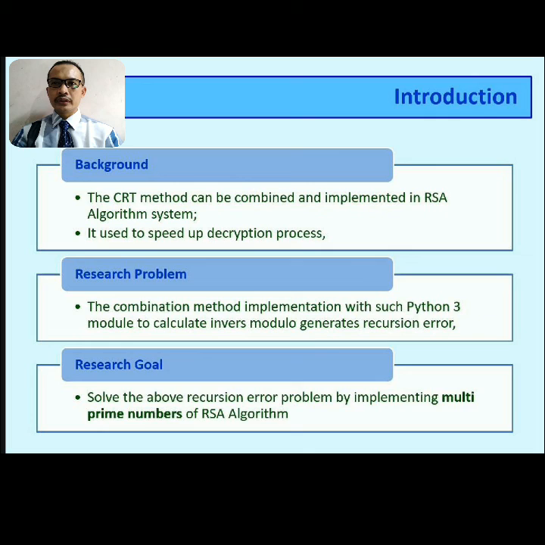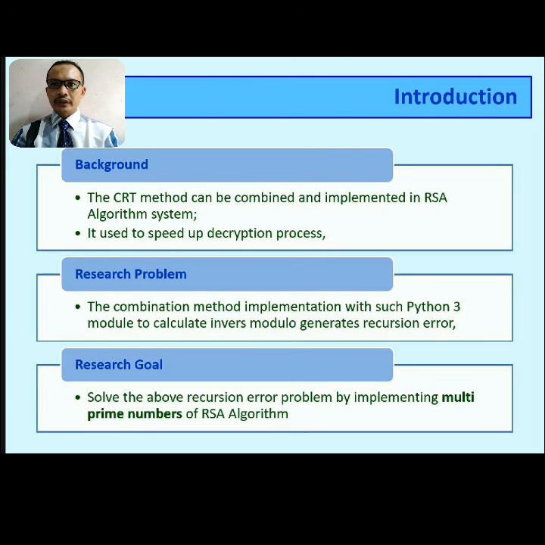Let me introduce the background of our research. We know that the Chinese remainder theorem method can be combined and implemented in an RSA cryptography algorithm system. It is very useful to speed up, especially, decryption processing. In the implementation of the combined method with the Python 3 programming language, we use a module to calculate an inverse modulo of some prime numbers, but